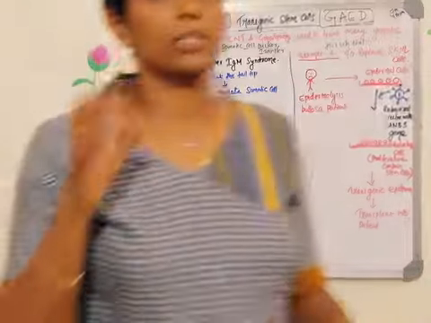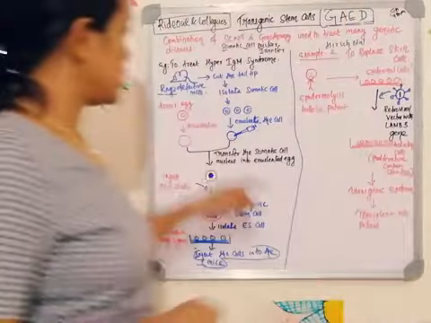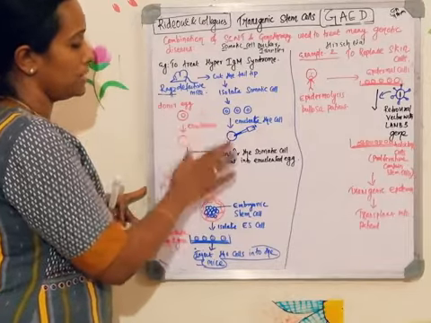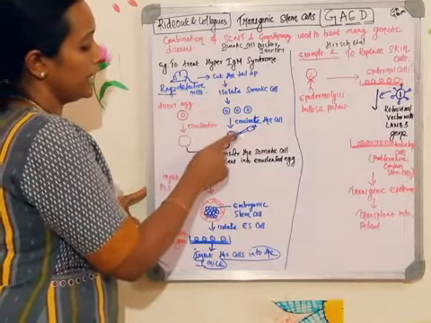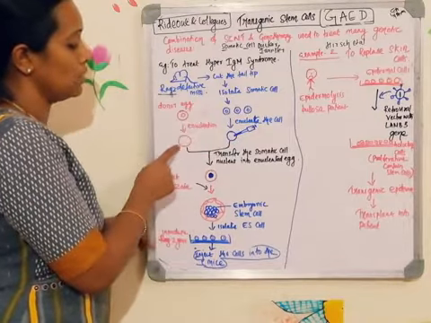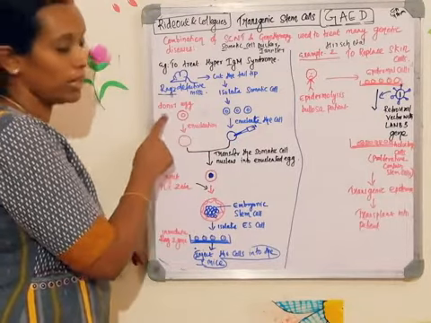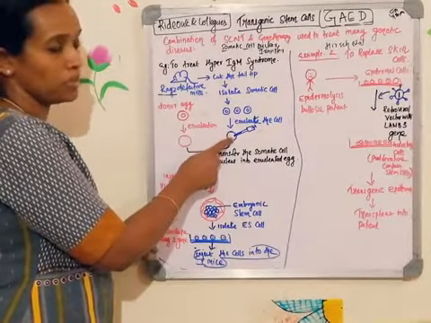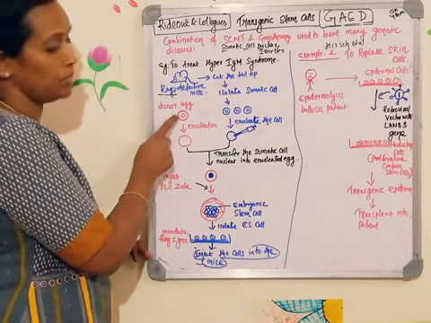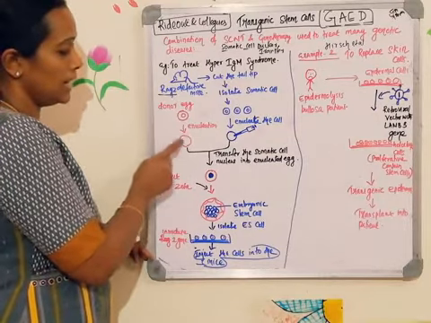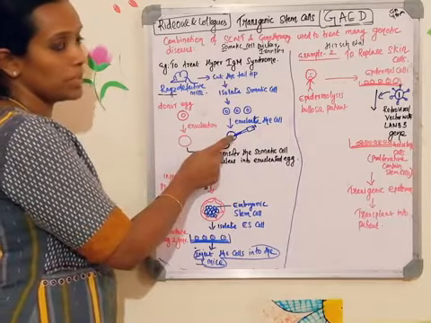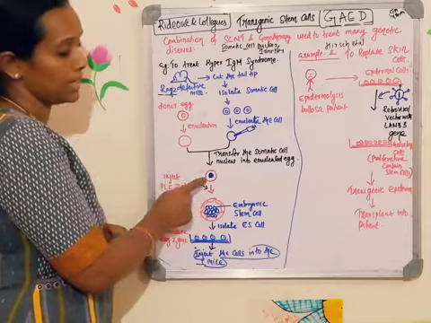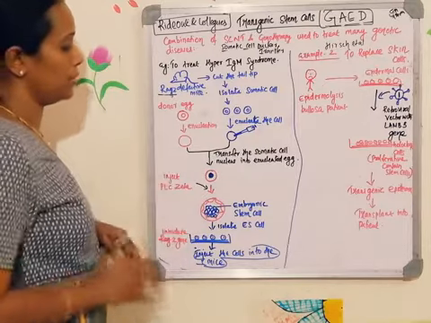What do you mean by enucleation? Removal of the nucleus. Once they removed the nucleus of the somatic cell by enucleation, they introduced this nucleus into an enucleated egg. So this is the donor egg enucleation. Before removing the nucleus of the somatic cell itself, you have to remove the nucleus of the egg. So this is the enucleated egg. Into this enucleated egg, transfer the nucleus of the somatic cell. So now the egg cell is ready with the nucleus of the somatic cell. Clear? So this is what they are doing.